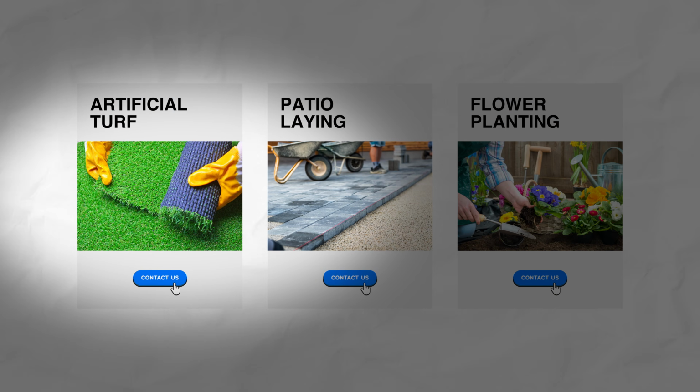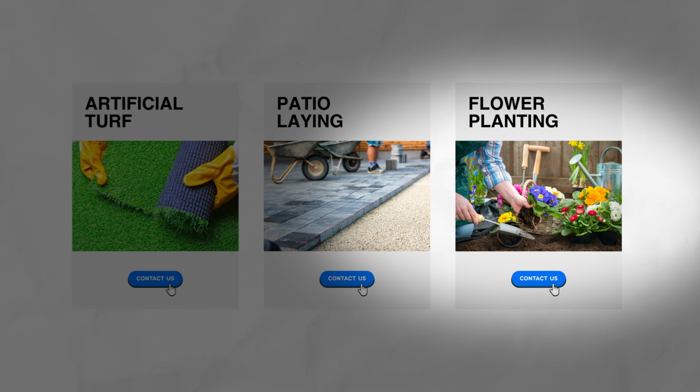Now, you may well be able to sell them on the other stuff, depending on what they need, tree clearance, whatever it happens to be, but you get them in by going, this is really specific to your needs. You're likely to get better overall results. People are going to spend more time on your website. They're not going to click through, see the landscaping page and go, no, it's not quite for me. I want something a bit different, and they click off. They're not going to do that. That's going to help with those things, which keeps Google happy, keeps the user happy, and is going to get